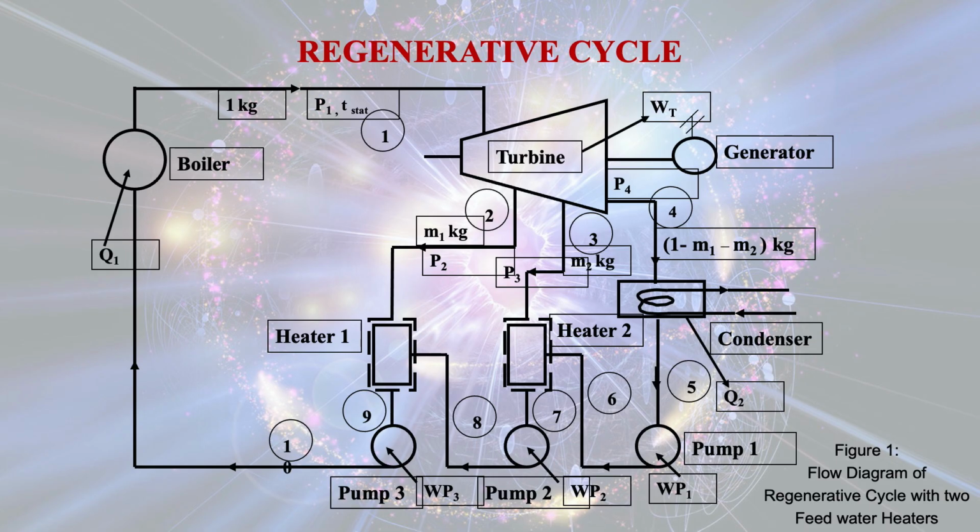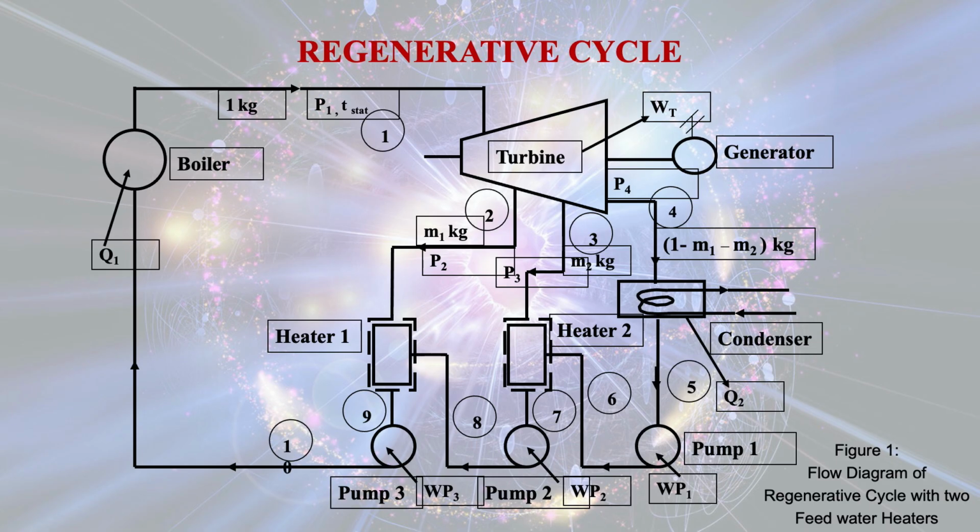There is expansion in the turbine, and at state 2 m1 kg of steam is extracted at pressure P2 from the turbine to heat the feed water, and it is entering into the heater 1 for transferring the heat to the feed water. Now the remaining 1 minus m1 kg of steam is